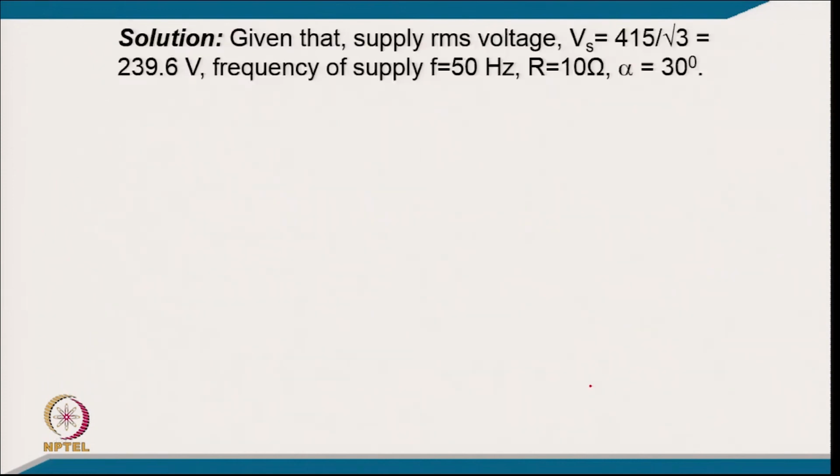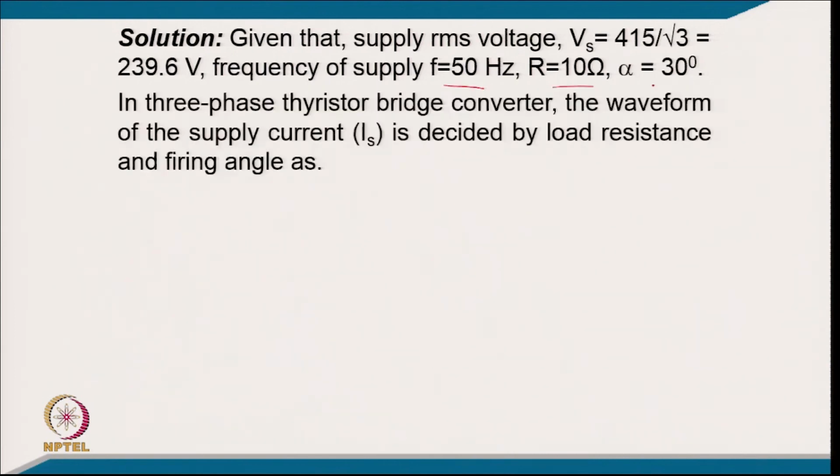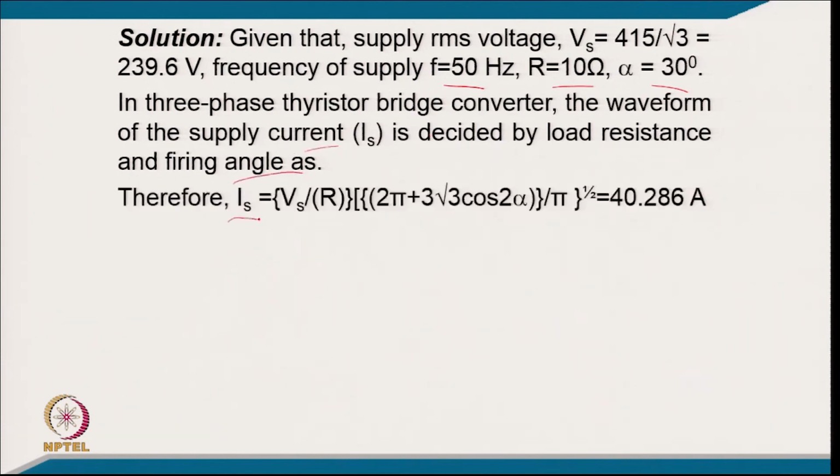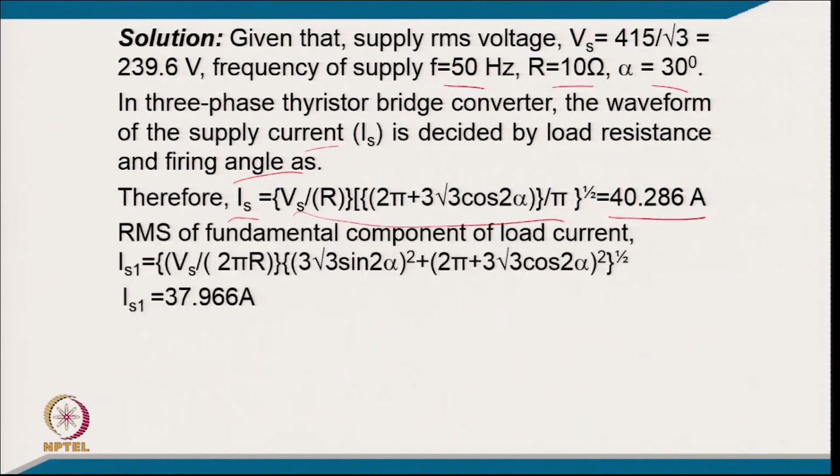Coming to the numerical part of the solution, given that the supply RMS voltage is 415 by root 3, that is 239.6 V, frequency 50 Hz, resistance 10 ohm, and fire angle 30 degree. In a 3-phase thyristor bridge converter, the waveform of the AC supply current is decided by the load resistance and fire angle. We can find the RMS current from the relation for a resistive load, and it comes to 40.286 ampere. The RMS of the fundamental component of current, Is1, from its relation comes to